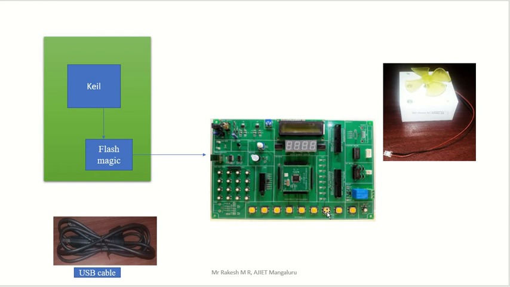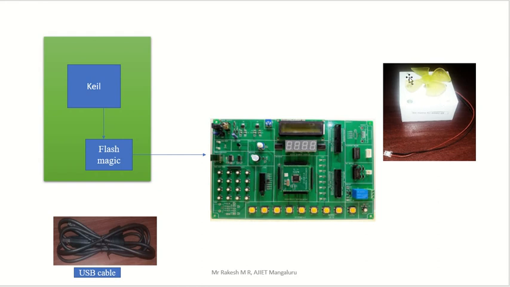If you want to stop the rotation also, you can do that. In our lab we are using three switches for rotation, stop and anti-clockwise. Rotation means clockwise, stop, anti-clockwise. Clockwise and anti-clockwise will not occur at a time. When the motor is rotating clockwise, you have to stop it for a particular amount of time. After that you press the anti-clockwise direction rotation. Clockwise and anti-clockwise together will lead to some problem.